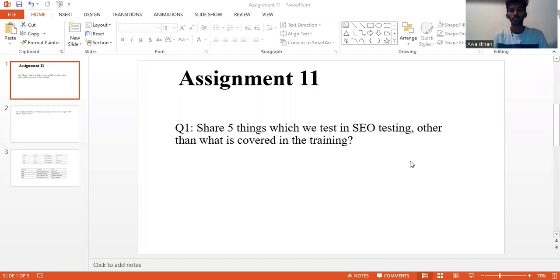So let's begin with the assignment questions. The first question is: share 5 things which we test in SEO testing other than what is covered in training. So basically SEO is search engine optimization, where we test to increase the views for our application